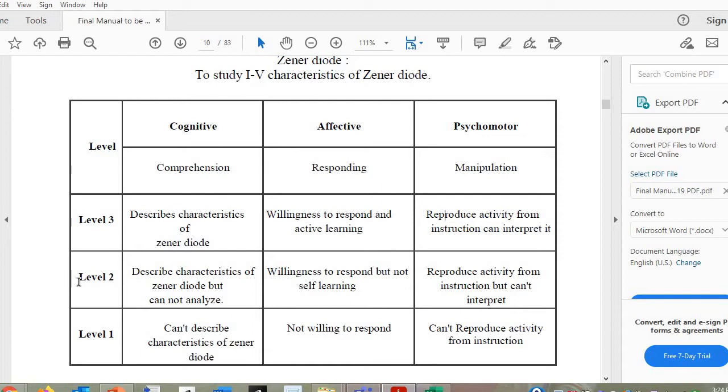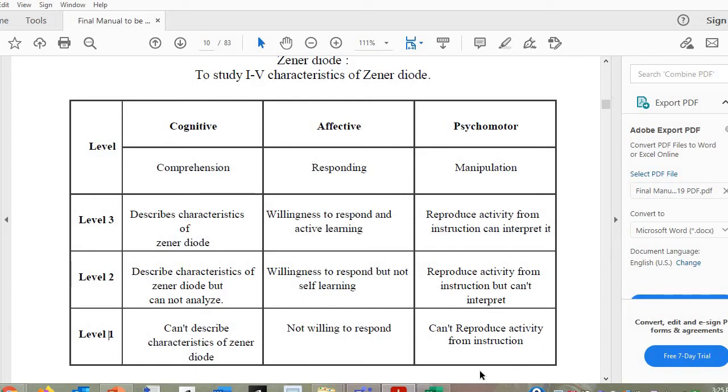Okay, if any student falls in the second category, then of course 2 marks will be allotted to him or her. The same goes for level 1. If any student doesn't fall in level 2 or 3, then that student will be in level 1 and he or she will get the marks related to level 1, that is 1, 1, 1. In total there will be 3, and whatever marks are obtained are added to the term work.